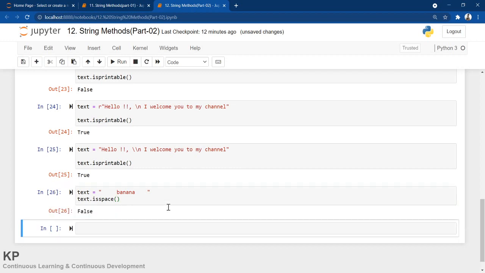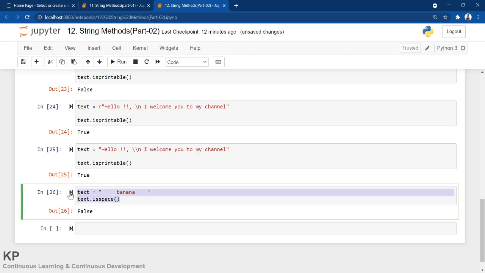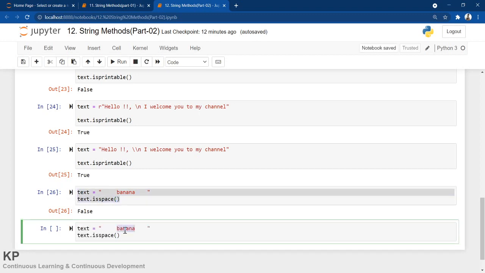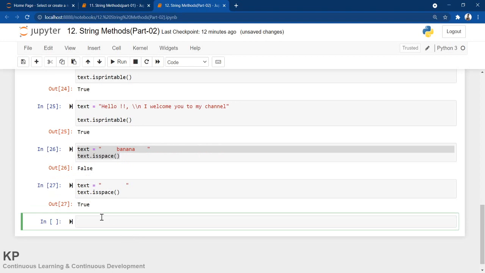Let me print, it's giving false. So let me copy and paste it over here. If I just remove banana, now it contains only white space. Now let us check. We're expecting true.